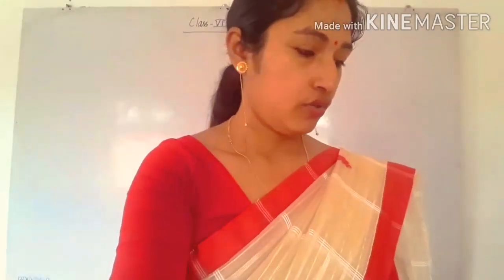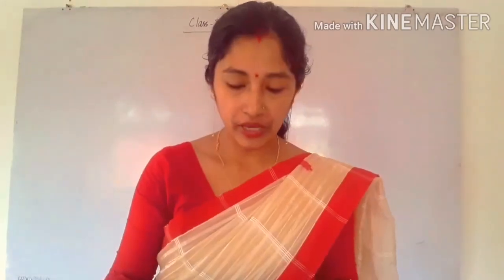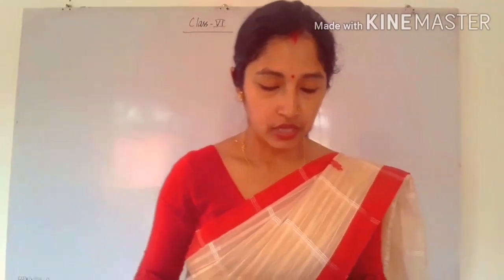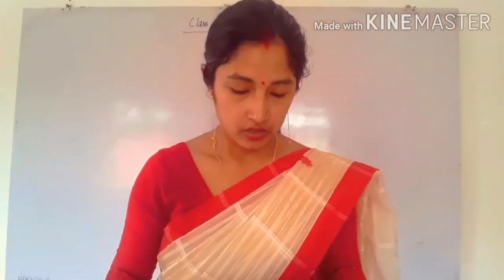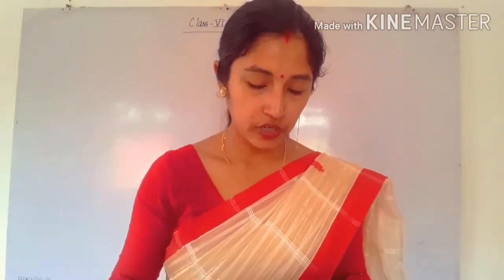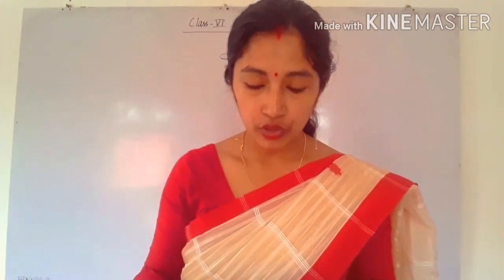So today I am going to start the next topic, that is test for divisibility. One question was left from exercise 3.4, that is question number 2. So let us do question number 2 first. You have to fill in the blank. The first one is, the sum of two even numbers is always dash.